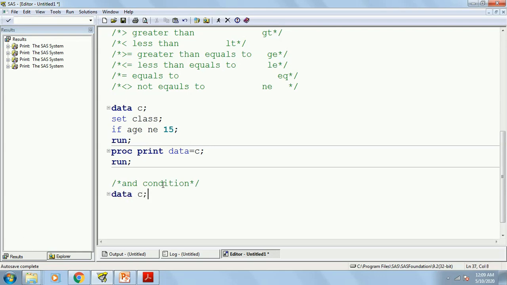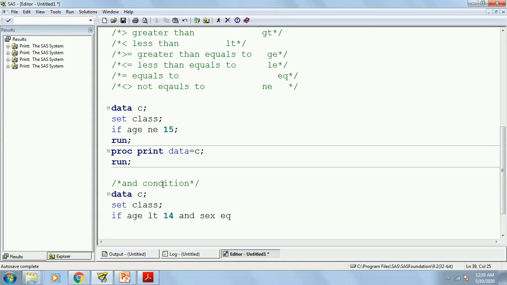Again I can write data C, set class, if my first condition is age less than 14, and just write and here sex equals to, you can also use this sign or write the abbreviated form EQ, I want the female.